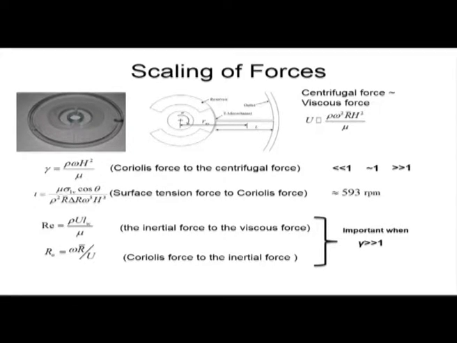So, various scalings of forces. First of all, to get an order of magnitude of the velocity u, one can make a scaling of centrifugal force to viscous force to get the typical order of magnitude of u. So you write the centrifugal force expression and the viscous force expression. The centrifugal force expression will contain omega and the viscous force will contain u. So from that you will get u as a function of omega square. This is very straightforward. Then Coriolis force to centrifugal force.